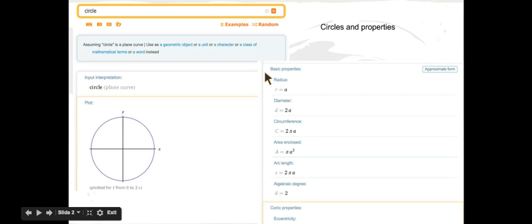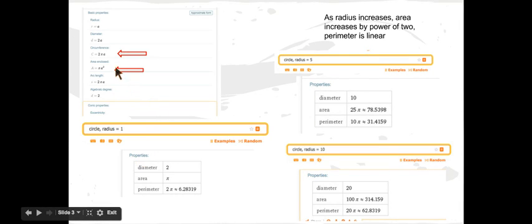But you're going to get basic properties. You know, the radius, r, is equal to a. Diameter is 2 times the radius. Circumference, the area enclosed, etc. So you can get all the kind of properties just by typing in a circle or any other geometric shape for that matter. But let's dive into this a little bit deeper, and in particular, based on those formulas, let's